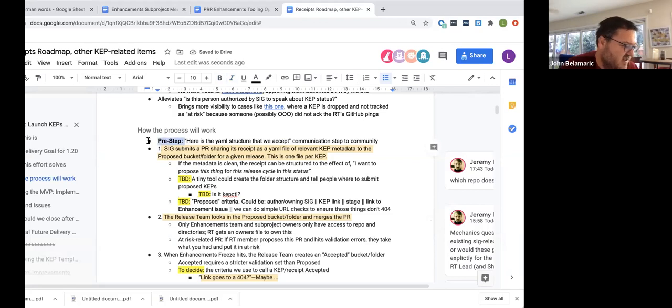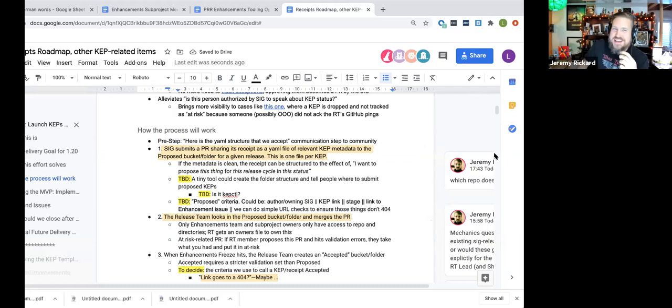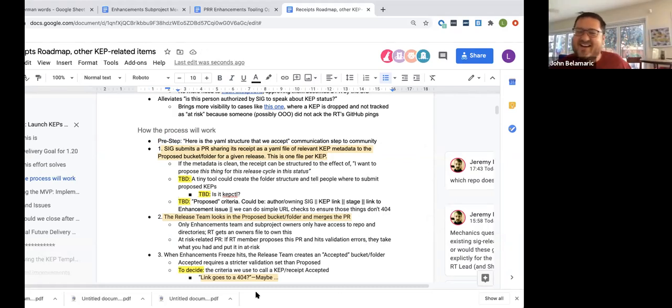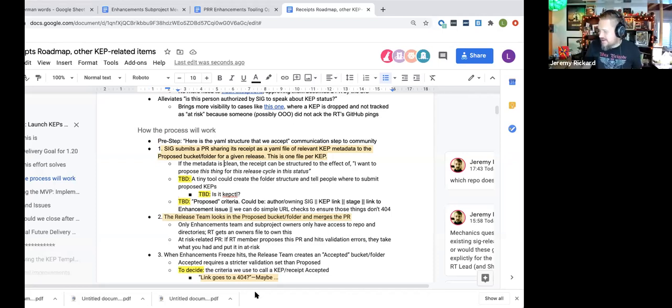I think it's interesting. Interesting good or interesting bad? Kirsten and I were having this discussion yesterday, and having done enhancements, I think we both feel, and I won't speak for Bob or Nabarun, that there's a lot of impetus put on individual authors right now to get through this process, and not on the SIGs. Kirsten and I both think there should be more on the SIGs, and this puts the ball in their court to make sure that things happen.